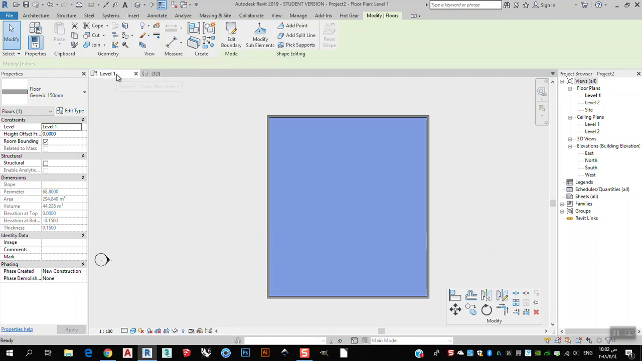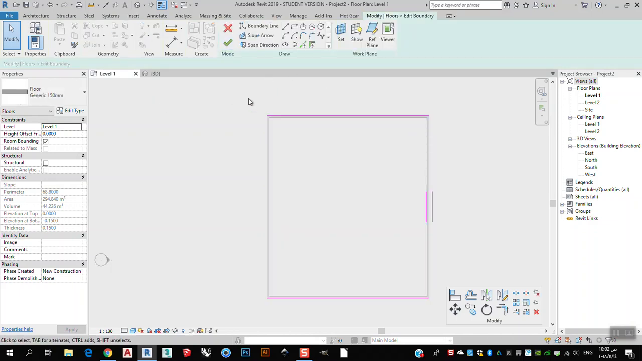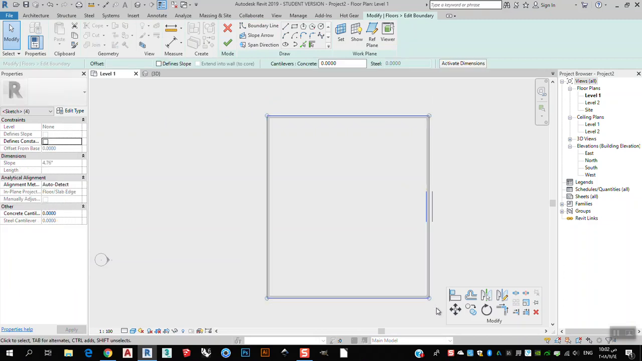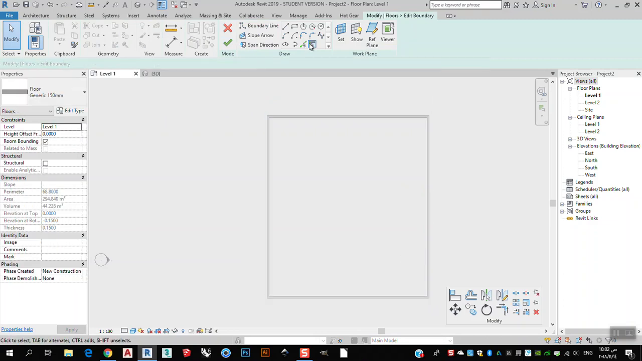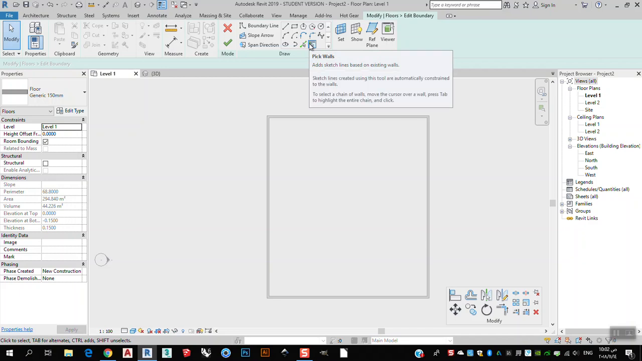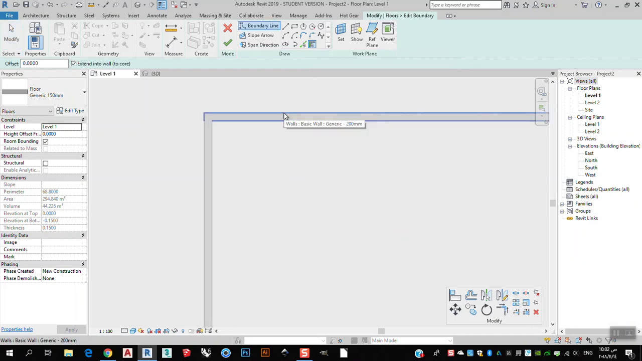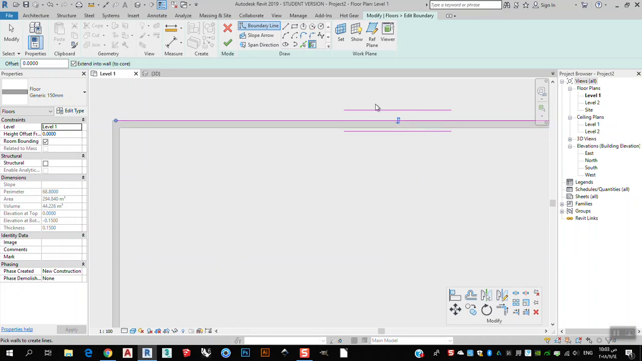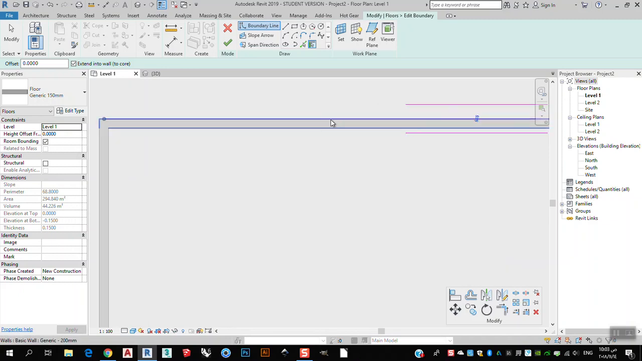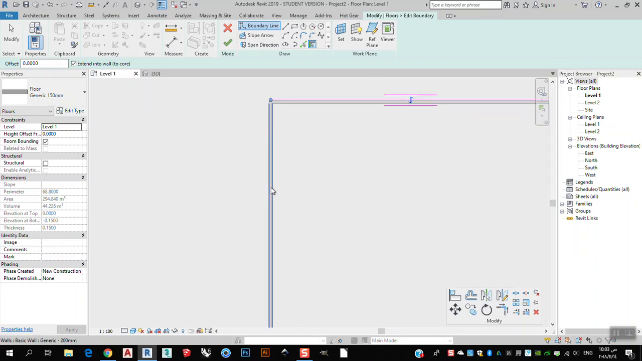Now it's complete. I will go back to level 1 and edit boundary, and of course I will select them and delete it. Now I want to use the last option, pick walls. That means it will attach to walls. So if I just click here, you will find that Revit knows that it's a wall, and the floor will be here,